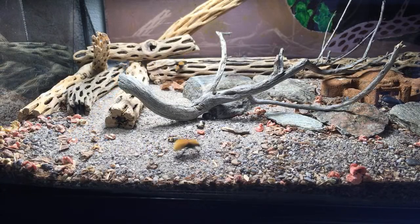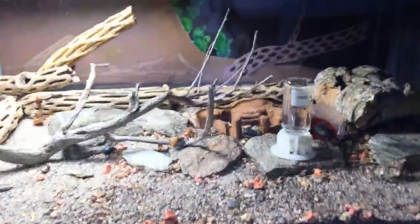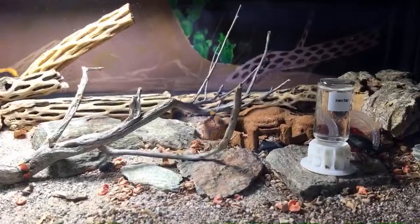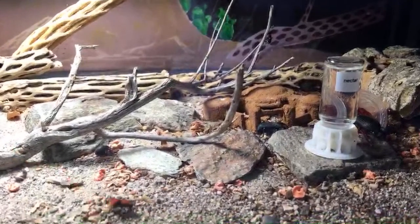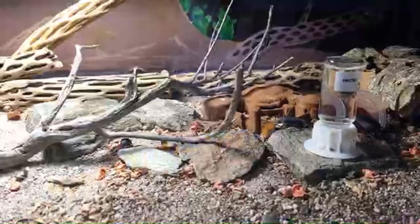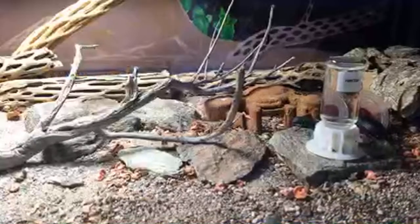I would say depth of substrate is not wasted. Oh, this is fun. I don't know if I can get this, but you can see the little red-legged duckling crawling up the little thin branches there. It's kind of fun. And you can see my rough death feigning beetle coming up. Looks like it's going to come with some food. But that's sort of behind the